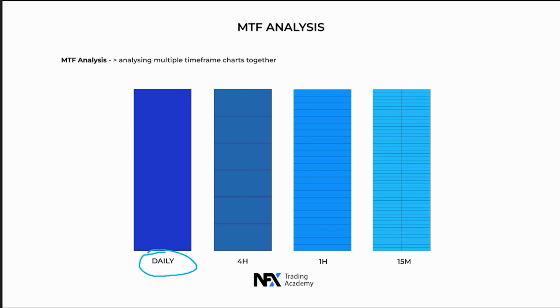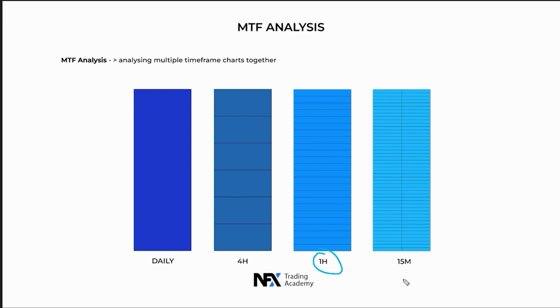So if we know where price is heading next, then we can go down further to the 4-hour time frame, which again is a good time frame to look at structure and liquidity to see where price is heading towards. That way, if you know where price is heading on the higher time frames, you can start looking on the lower time frames to go to those daily and 4-hour objectives.